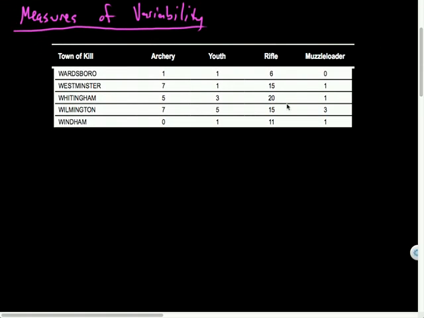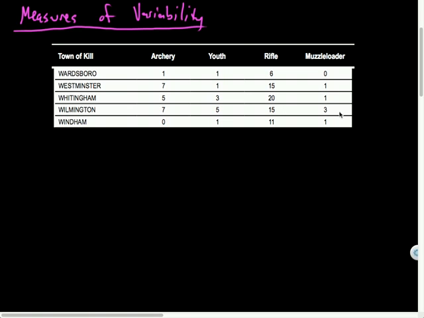I have a chart I'm going to pull some data from periodically. Actually, I'm going to re-snap this whole thing since I had to piecemeal it together. This chart is a portion of a larger chart presented from the 2012 White-tailed Deer Harvest Report distributed by Vermont Fish and Wildlife. So this is from 2012 stats, and here are the W towns from Windham County, Wilmington represented right there. And this is just the number of deer harvested for each of the seasons respectively.